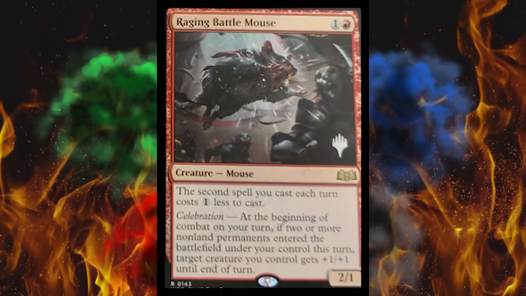Just kidding. So, the second spell you cast each turn costs 1 less to cast. Oh, spell spamming. Fun. Celebration. At the beginning of combat on your turn, if 2 or more non-land permanents enter the battlefield under your control this turn, target creature you control gets +1/+1 until end of turn. I'll be honest, I kind of glazed over and just started thinking of weird mouse memes halfway through that, so let me just run through this again. At the beginning of combat on your turn, if 2 or more non-land permanents enter the battlefield under your control this turn, then 1 target creature you control gets +1/+1 until end of turn, and then obviously for each creature